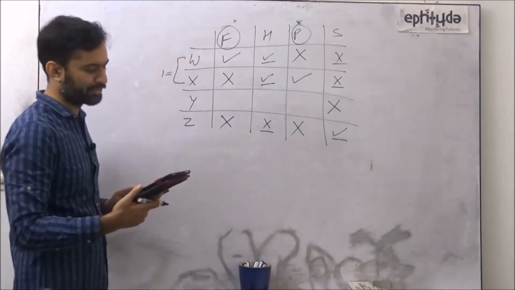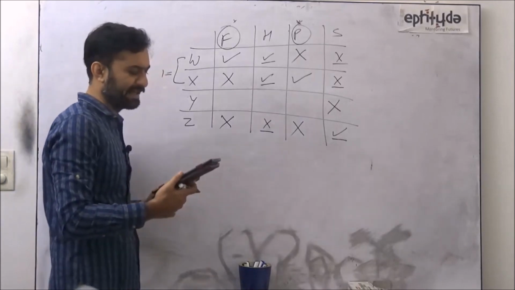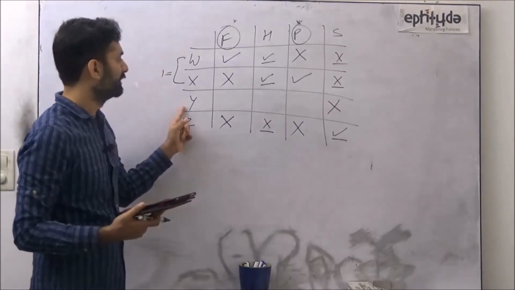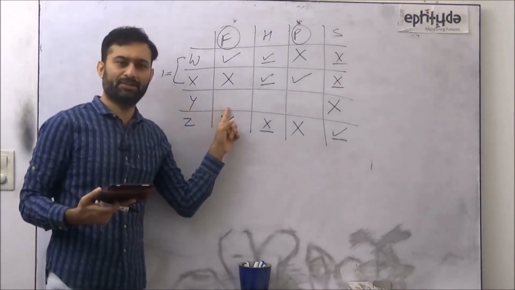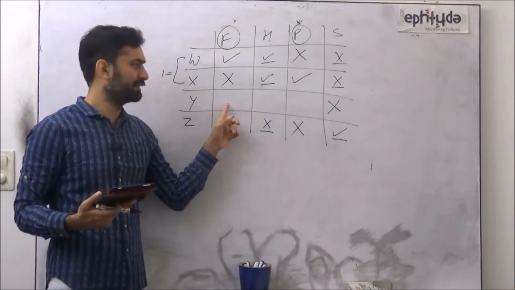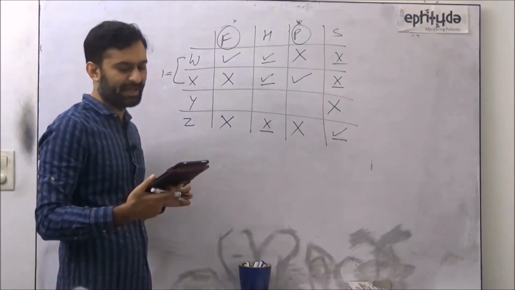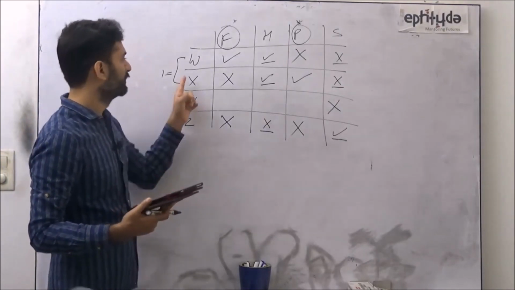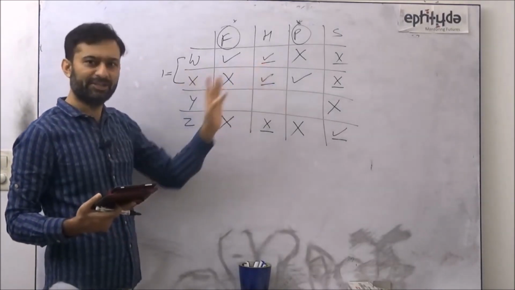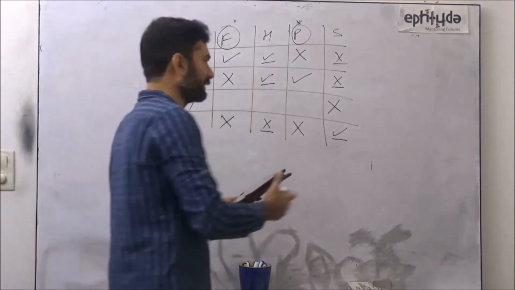Now I go to the option choice. Choice A, fatigue is a side effect of medicine Y. It is a could be case, not a must be case. Option B, headaches are a side effect of medicine W. Yes, yes. So B is the answer, and I stop here.